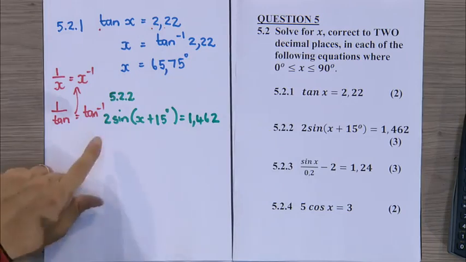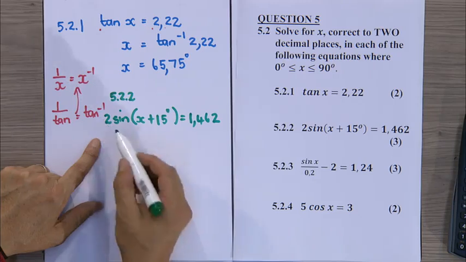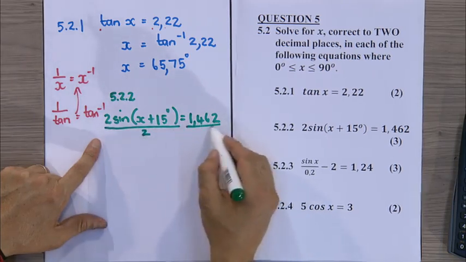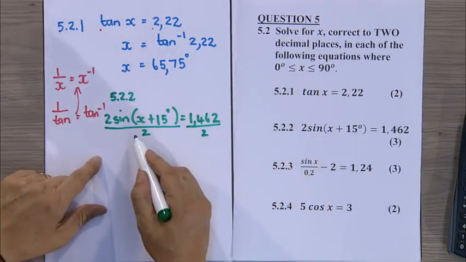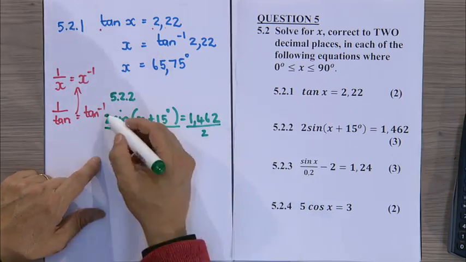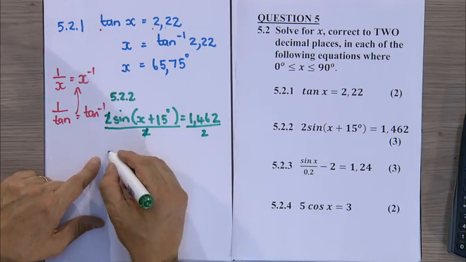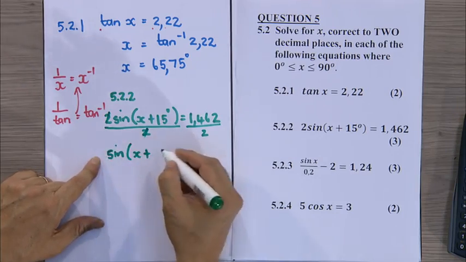Right? One at a time. First thing, we get rid of the 2. So if I want to balance, this is what I mean. I divide by 2 here, and I divide by 2. You see, you balance your equation. What you do on the one side, you do on the other. And then we'll have sine of x plus 15,